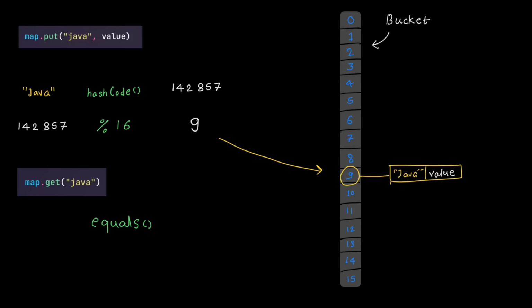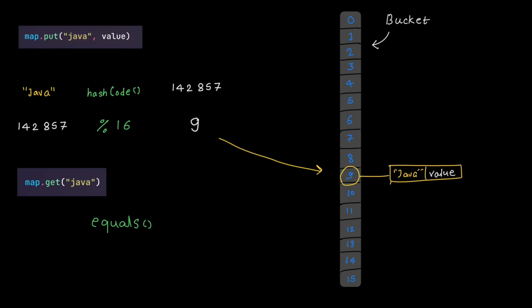But once in the bucket, we use equals to get the exact value from the bucket. This is the reason we have hashCode and equals on every object, and we need to make sure that when we override equals, we override hashCode as well, such that it is consistent with the equals